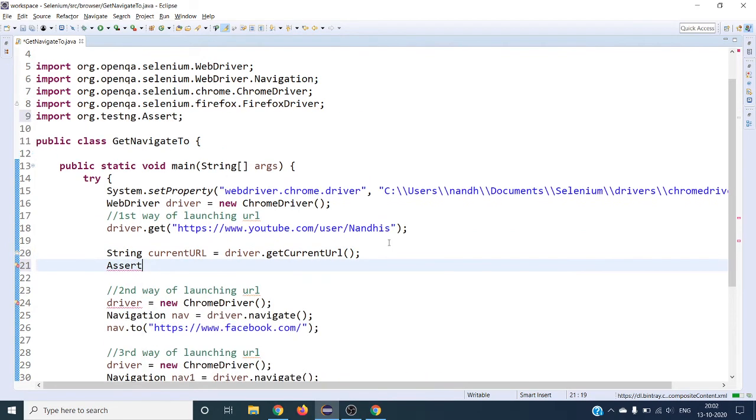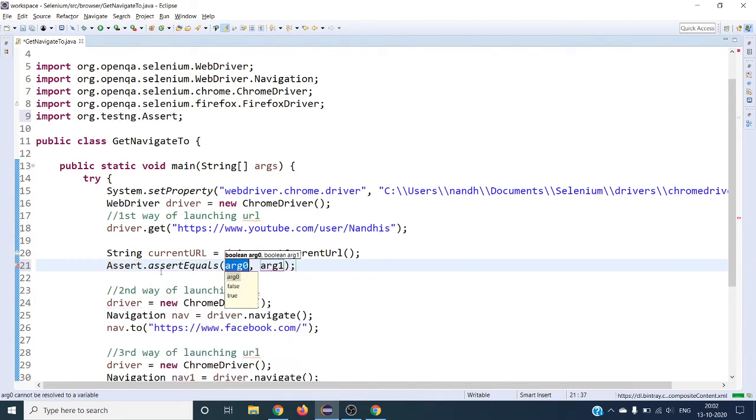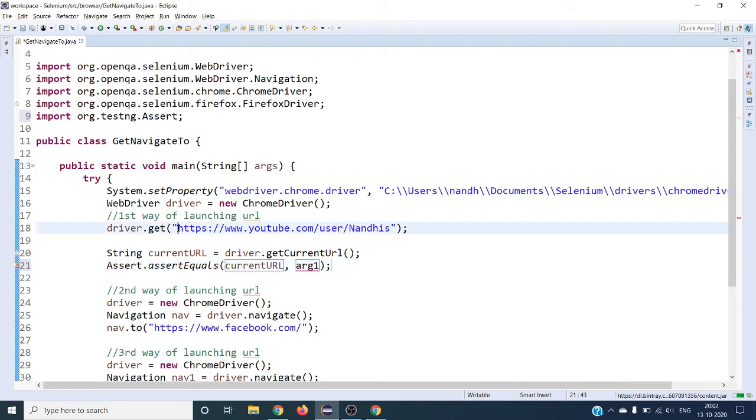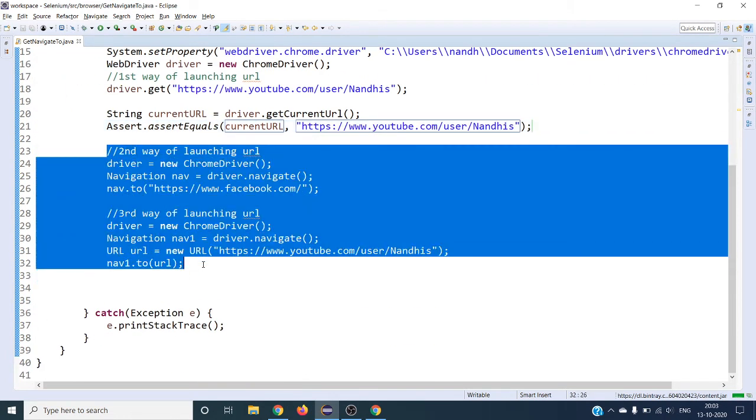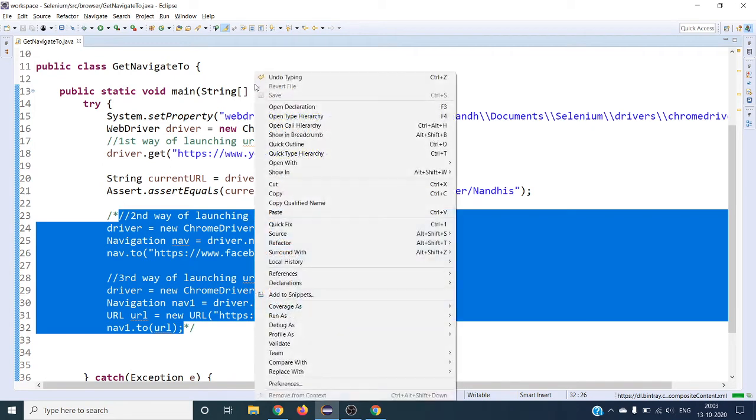Assert comes from TestNG. assertEquals: the current URL should be equal to this particular URL, actual versus expected. This should be the same. Let me comment this part and run it now.